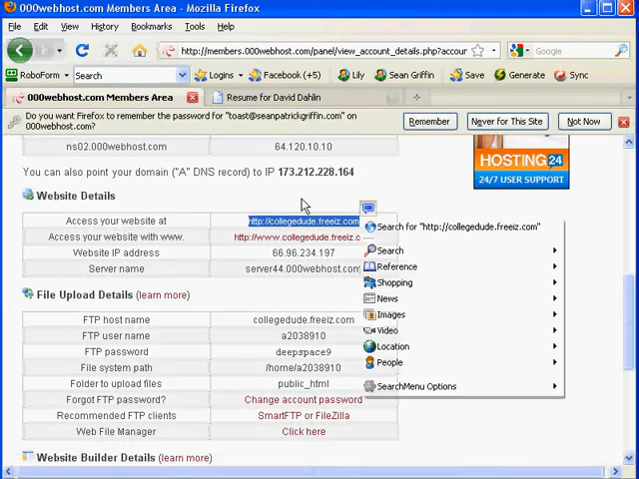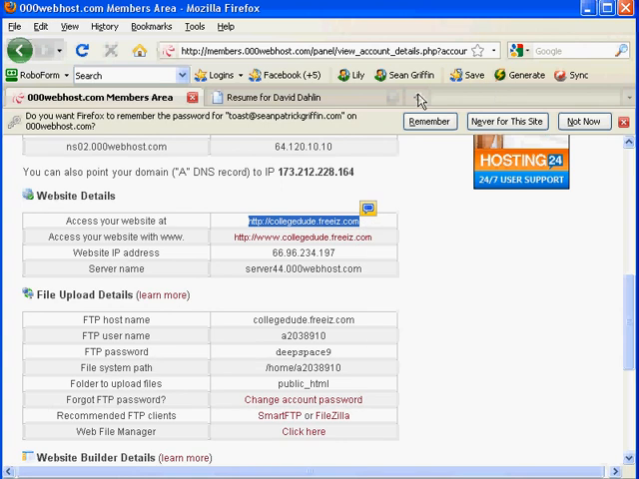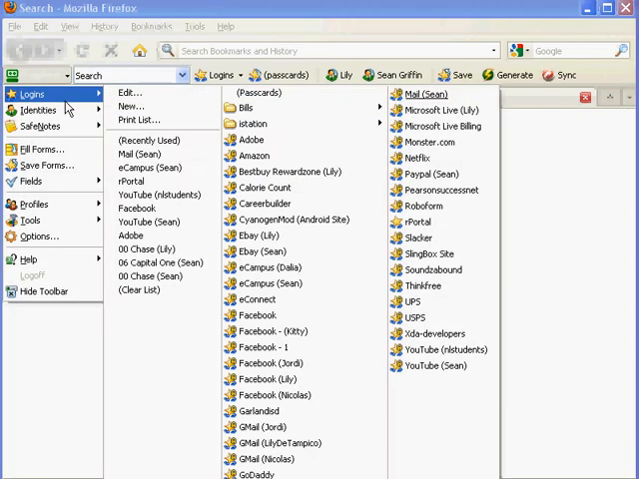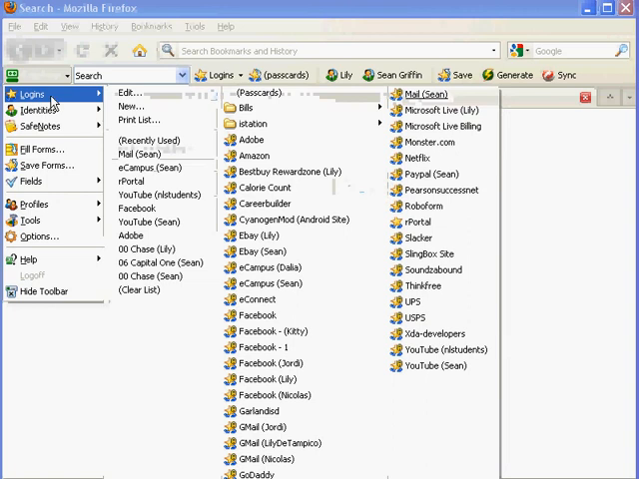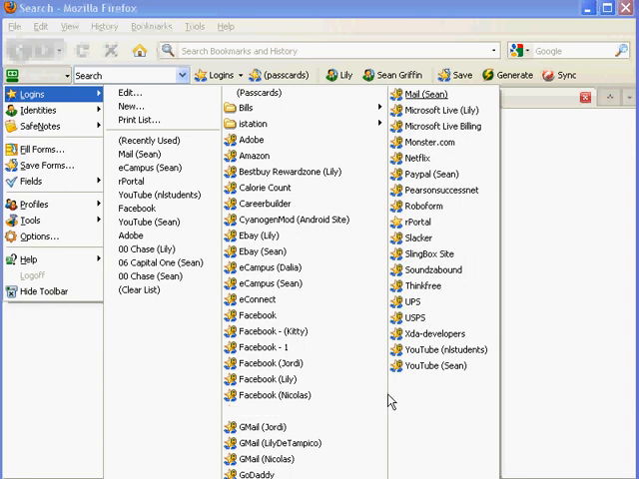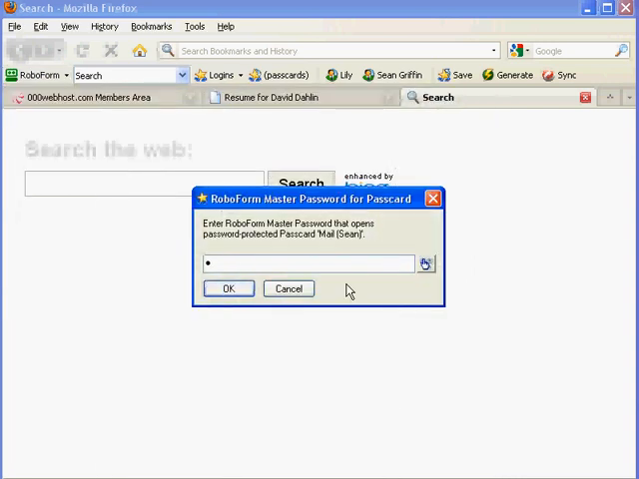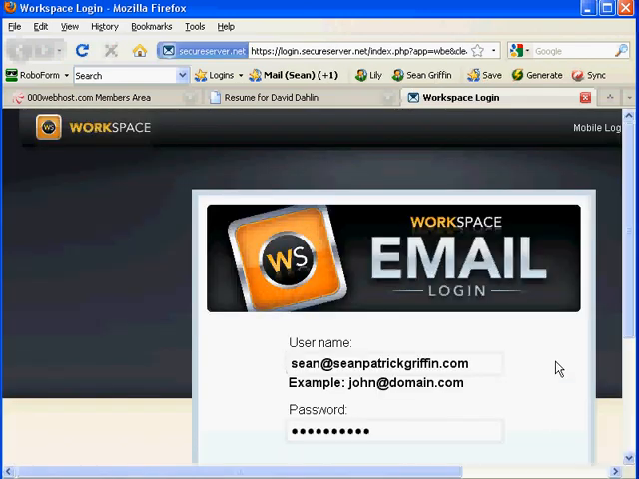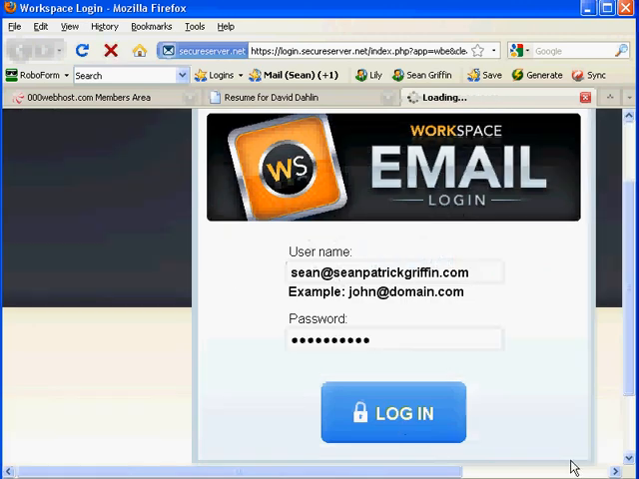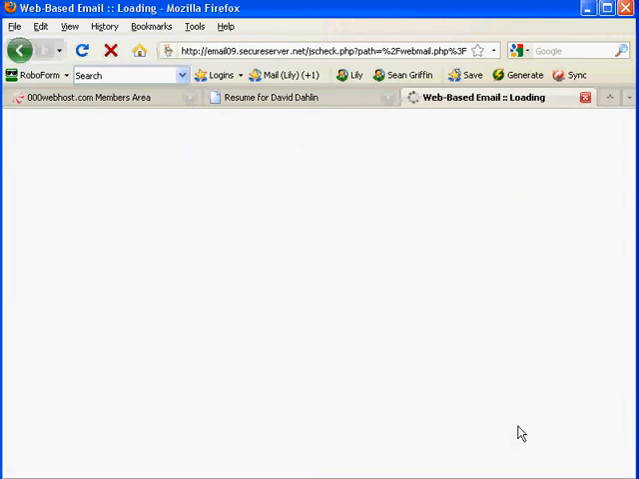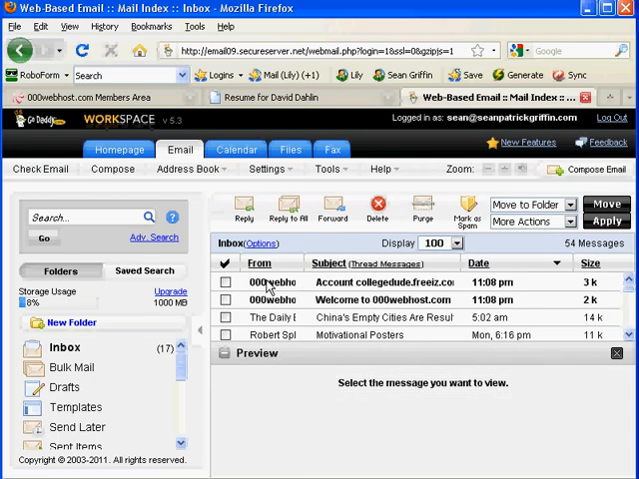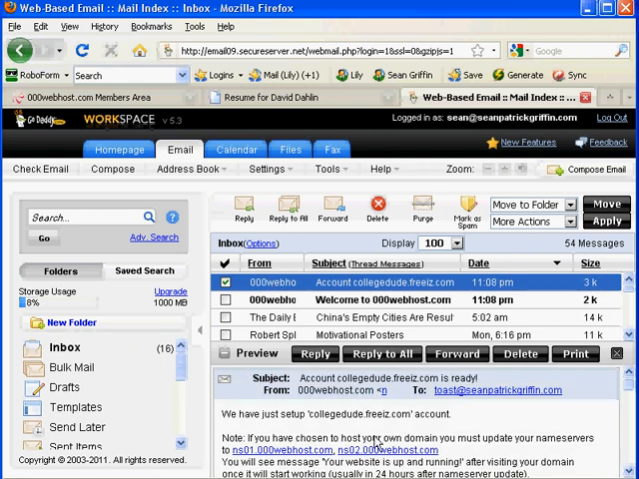So, you will get an email with all of this information. Let's look at how the email will come to you from 000webhost. I'm going to get into my mail. I have a special password manager called RoboForm. Okay, and when I get into my webmail,